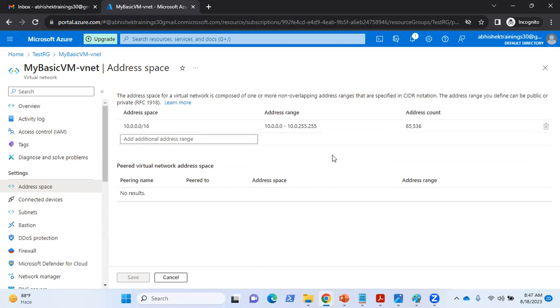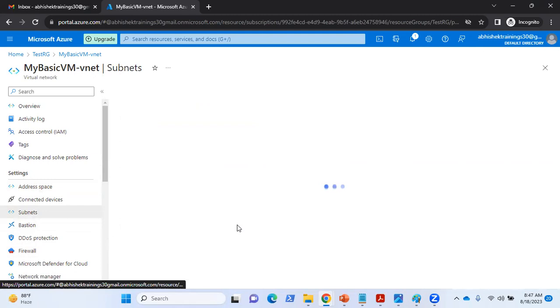So the address range you define can be public or private, but public is not by default. You choose to create a public IP, but the private IP is default. That's why it started with 10. Now, if I come to subnet,